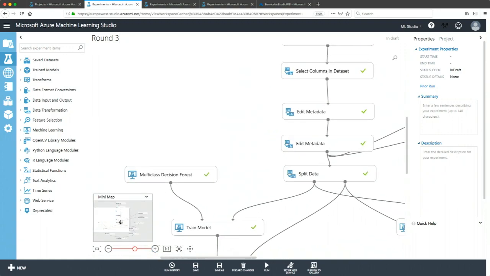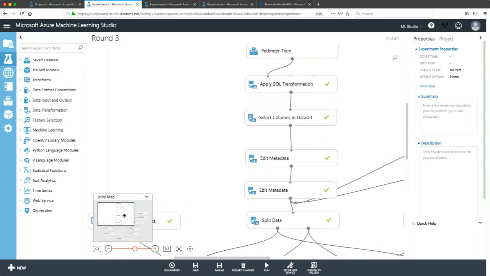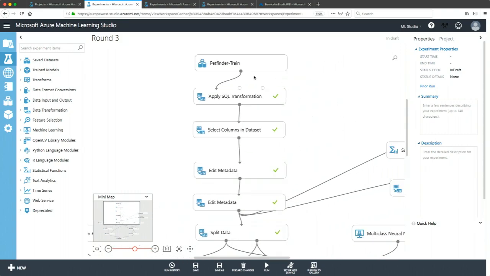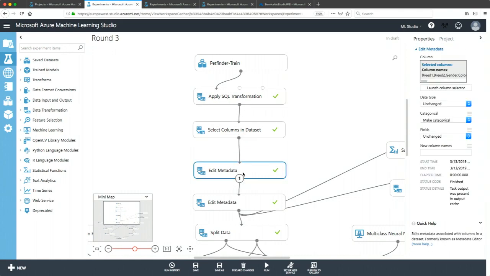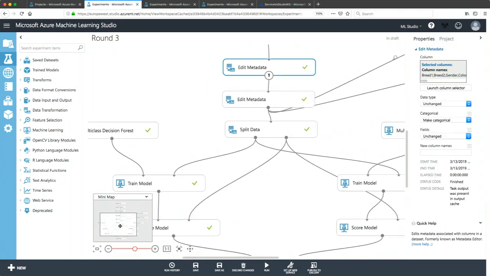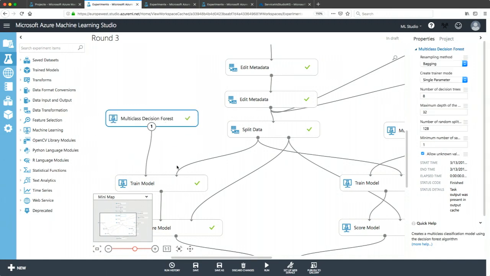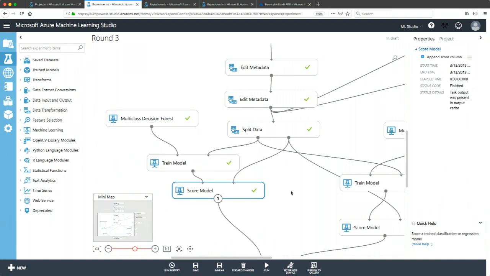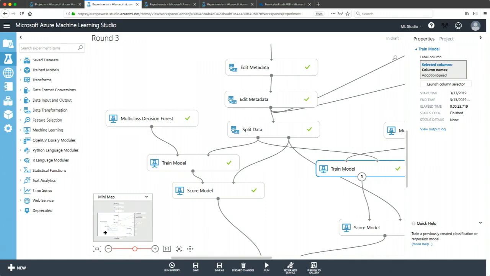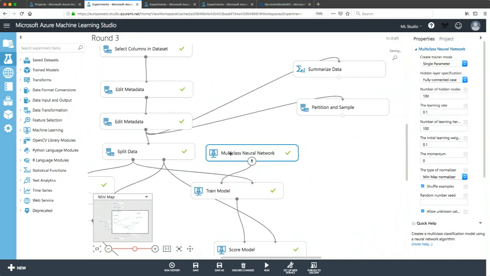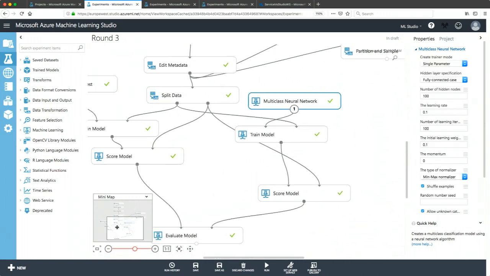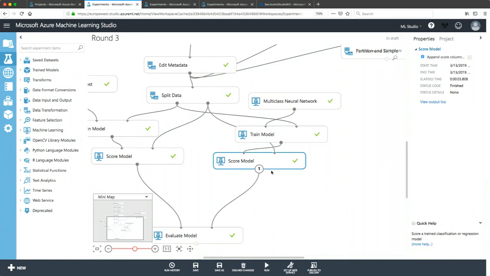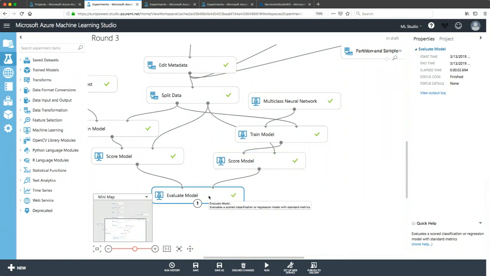But basically, I run the same experiment through a series of transformation steps: adding new columns, selecting the columns, editing the metadata, making it all work. And then run 2 Train Model modules, one for a multi-class decision forest, and the other for a multi-class neural network. I'm running both of them through Score Model, and then both are fed to the Evaluate Model module.